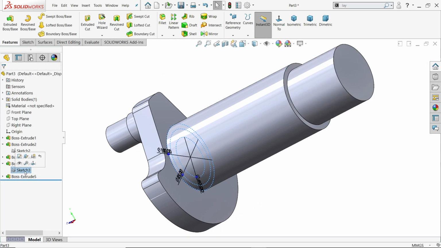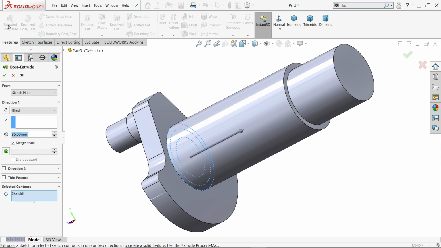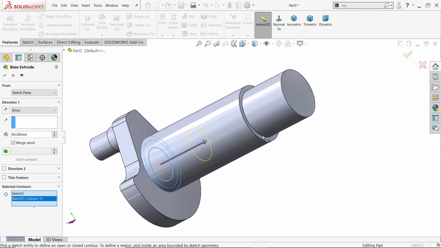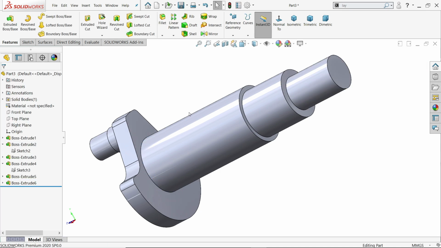Again I'm going to choose sketch 3, extrude. In selected contour I'll choose the inside one. Okay, but this time we already have dimension 390 millimeter, so no need to choose any face, even though you can do it from face also. Look,